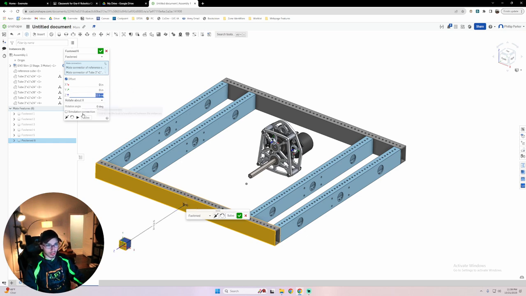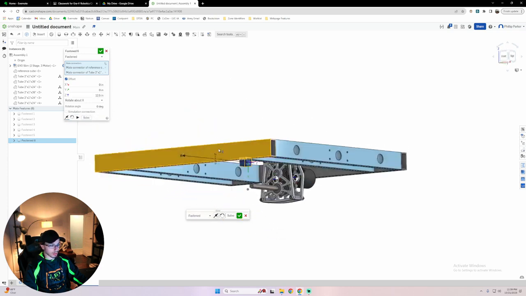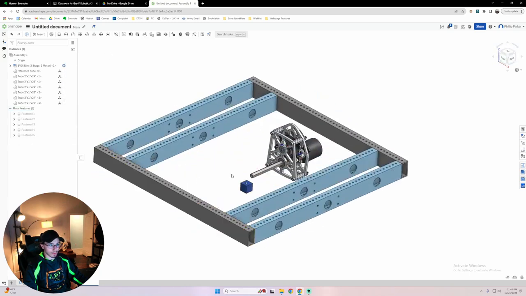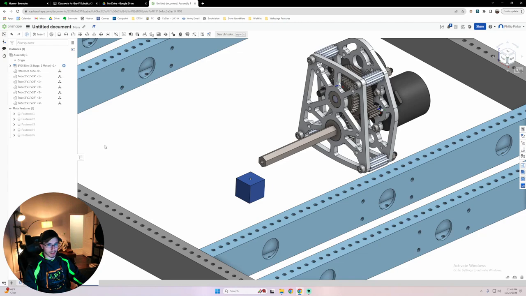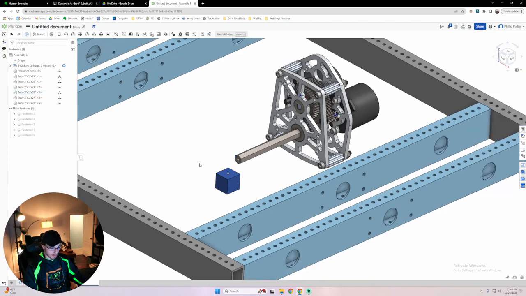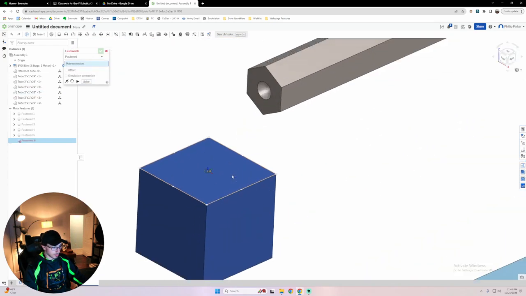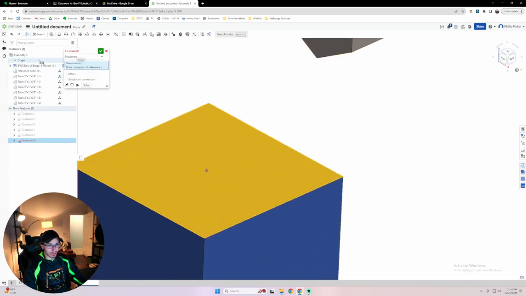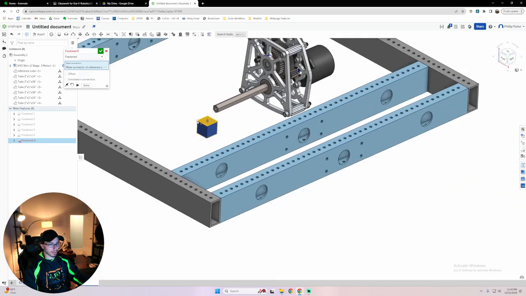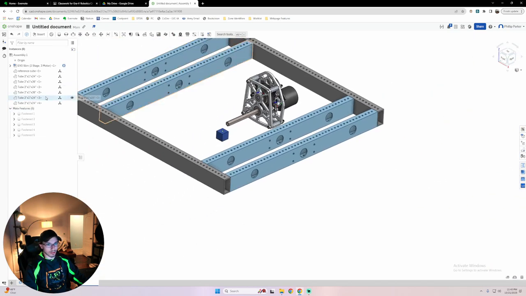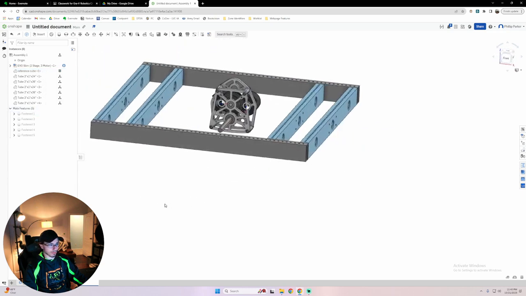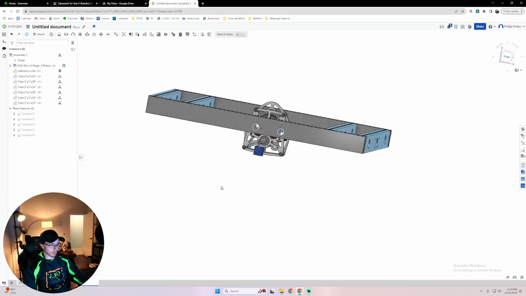And I'm going to go in the other direction. Oh, in this case, I need to mate this to the origin somehow. I need to mate this to the origin. Am I able to mate that to the origin? No. Okay, I'm going to fix the reference cube. I'm going to fix the reference cube, and I am going to